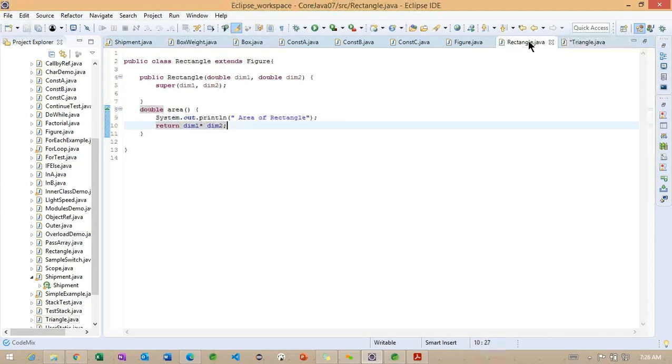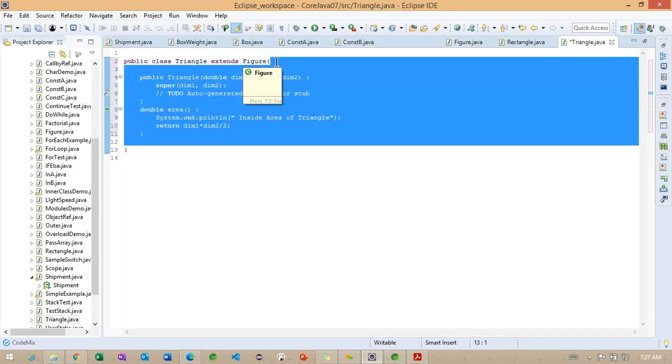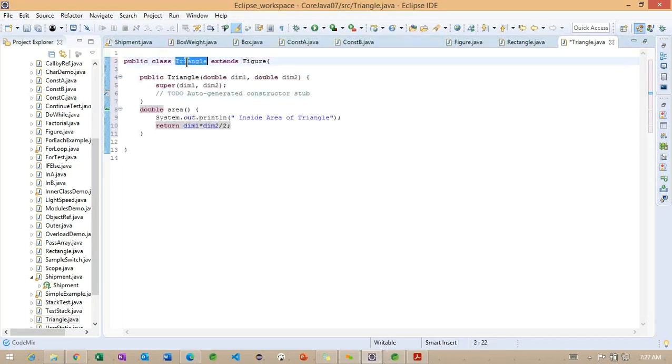But if you observe carefully, here the rectangle is extending from the figure, and the triangle is also extending from the figure. So basically if the triangle was extending from the rectangle, that is what we have already identified as multi-level inheritance. This is one more concept I want to share here.